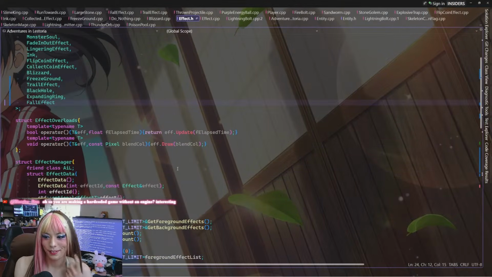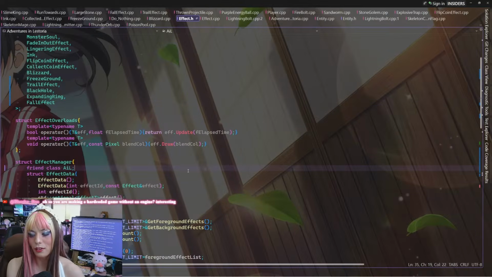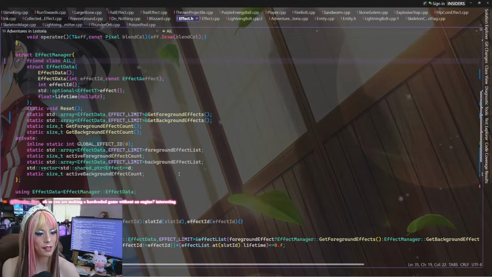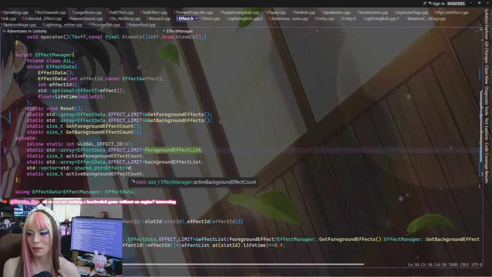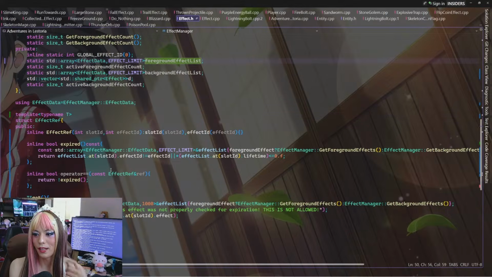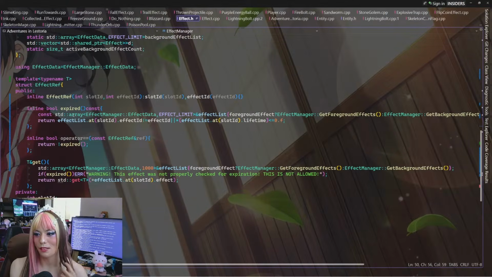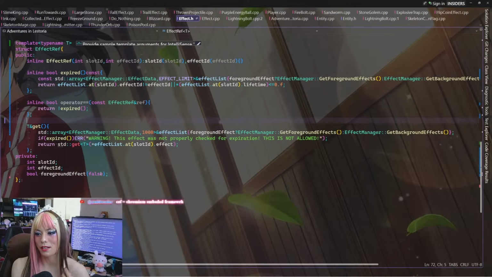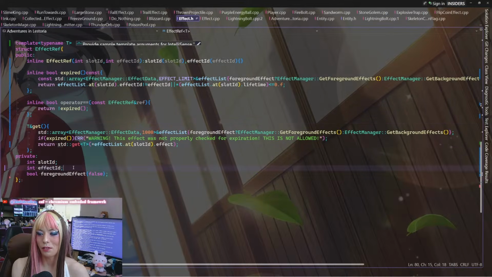So I'm using a stack allocated array now. It's a fixed size, and I'm using a system where if we want to keep a reference of it somewhere in memory, it's almost similar to a weak pointer in that it knows what slot and what effect ID it originally came from.